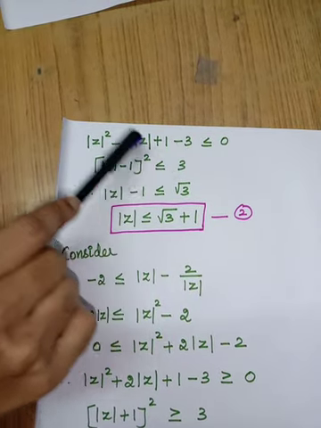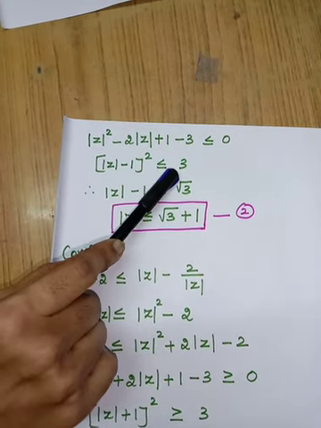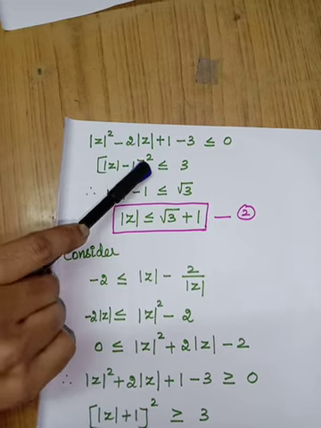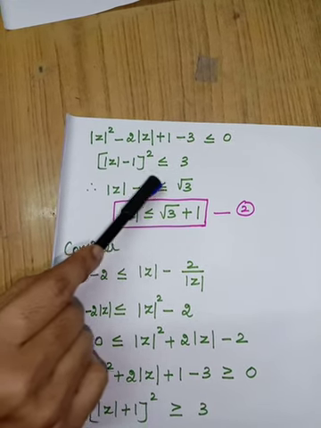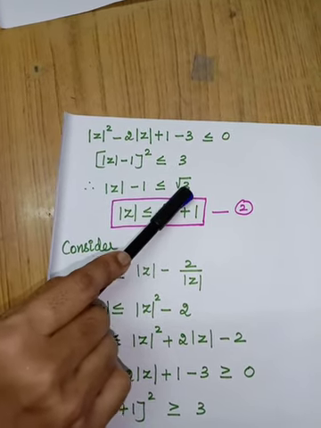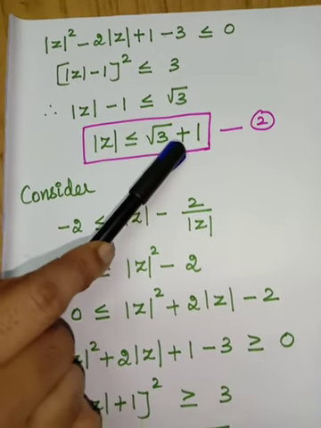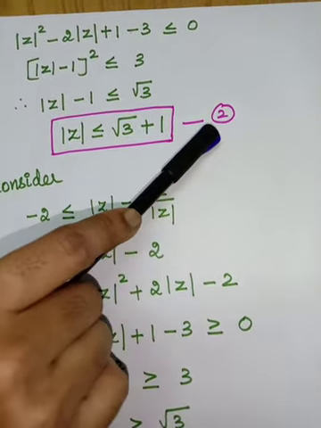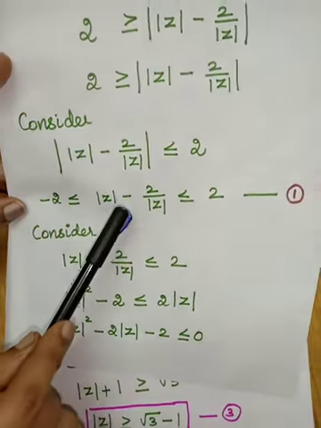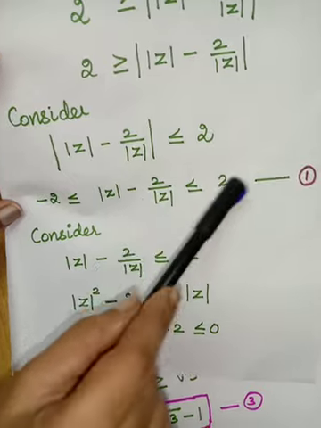This minus 3 I have taken to the right side as plus 3. So, it is a square. Taking square root, it is less than or equal to root 3. Okay. So, minus 1 when you take it to the other side, it will become plus 1. Okay. So, I mark this as 2. You come to the first result. So, what we have considered is the second and the third term.